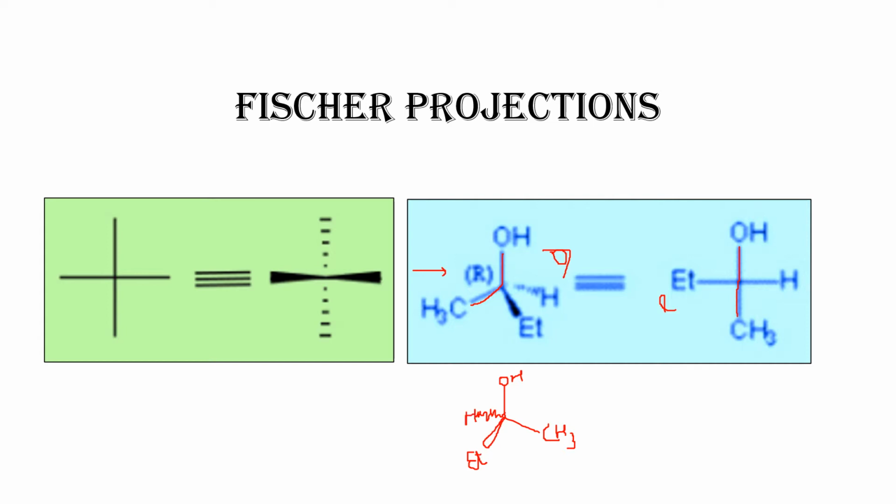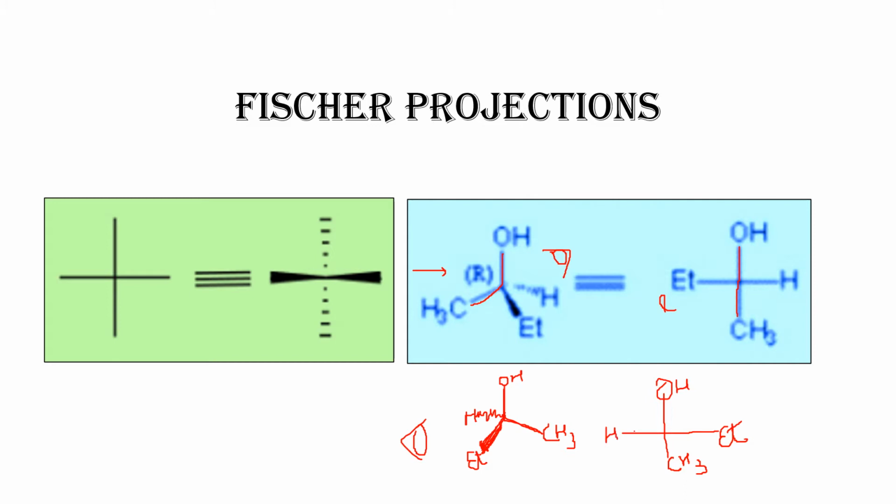If this is the case, how to write it in the Fischer projection? First, the solid vertical line, you have to write this one: OH and CH3 in the vertical line. And this wedge line you have to write here only, in this horizontal line. If the dash line and wedge line are there, your view will be here. So if you view like this, this should come on the right side, and the hydrogen is here. This is the way you have to write it.